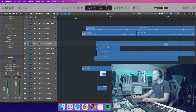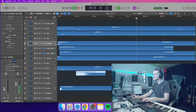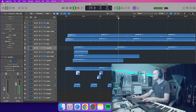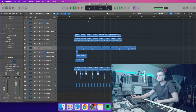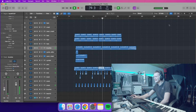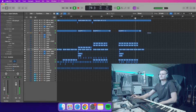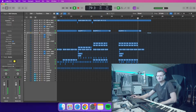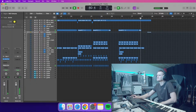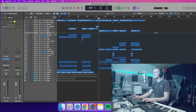So we already have the groove going. Maybe not that behind the beat. Nice. I really like this so far. We need a lot more elements, but now we have the drums and the bass. But I think we need